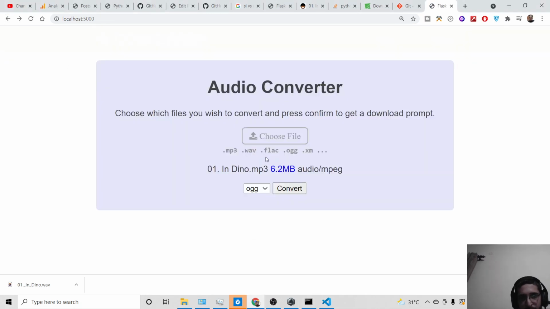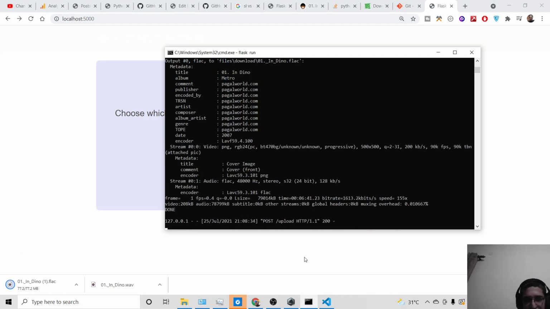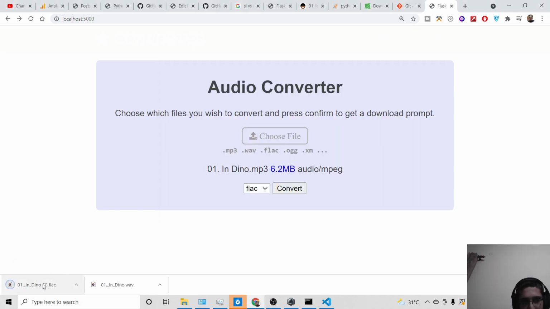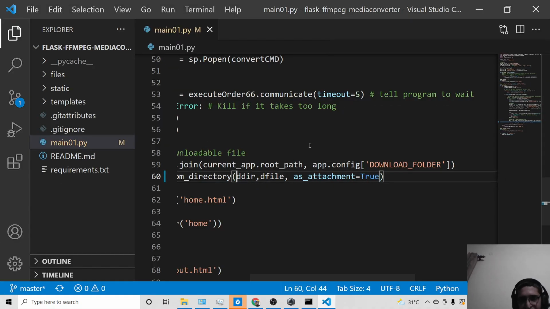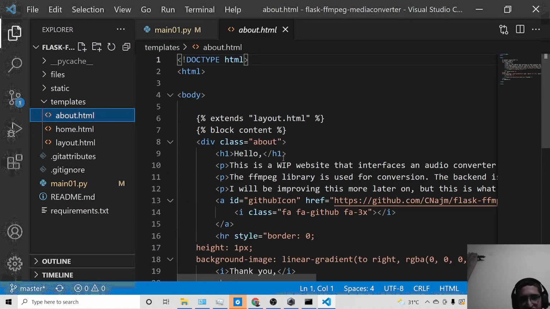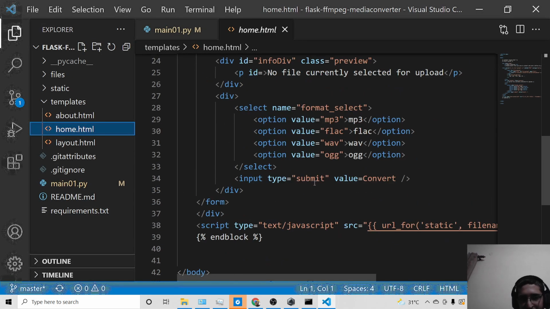It has taken a lot of time here, so let me choose once again and choose this format this time, click convert. You can edit the amount of time taken by the application before it times out. You can see it has downloaded it as an attachment, FLAC. You can change this to wave as well, click convert. Again it has just downloaded it as a wave file. And you can also edit this application, the about page, home page, if you need to deploy it on your own website as well.